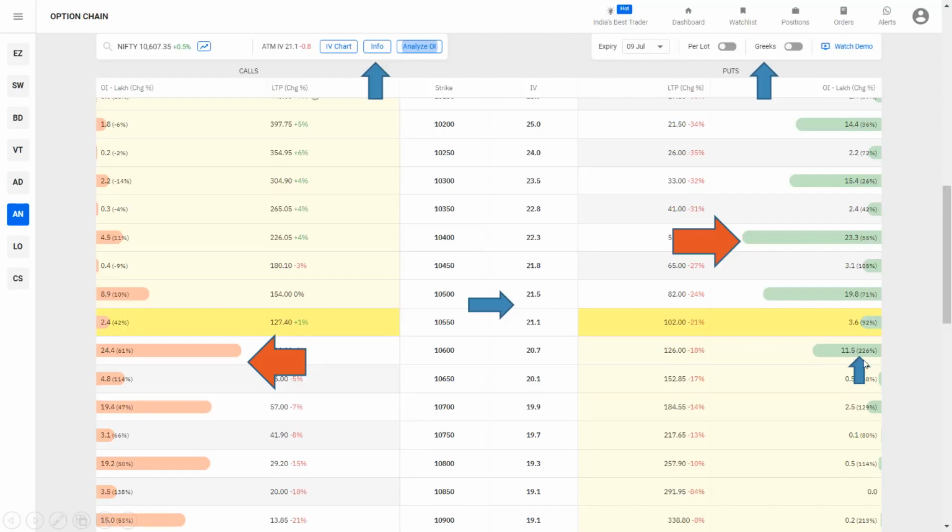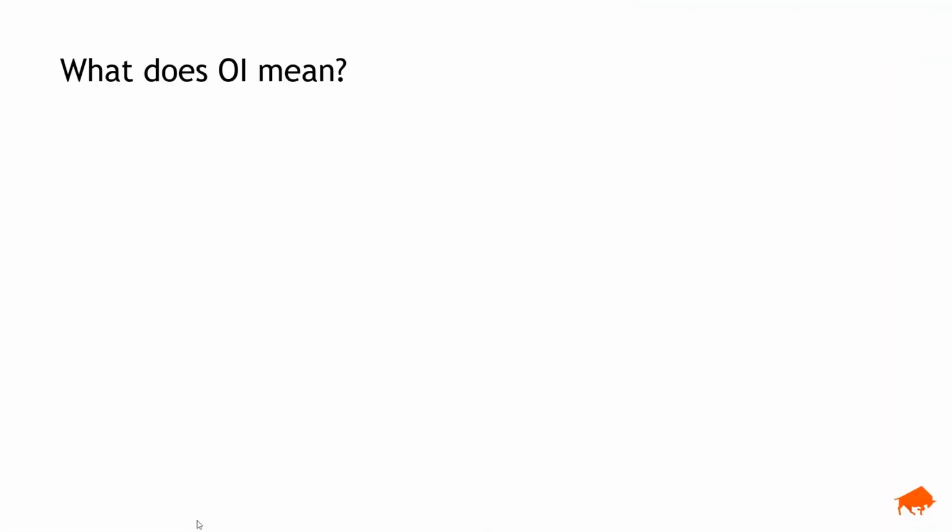Like I said before, we'll introduce you to this number and this number. And finally, we'll look at the big one, and the big one is this, right? This red big one and this red big one, which is fundamentally open interest itself, because this is the most important part of an option chain, these green bars and these orange bars. Okay, so let's dive into that without further ado, what it means.